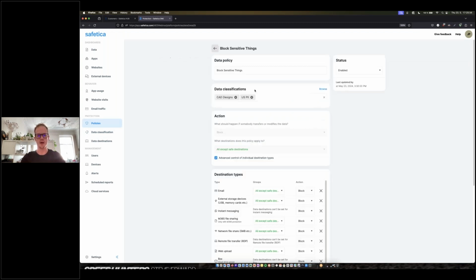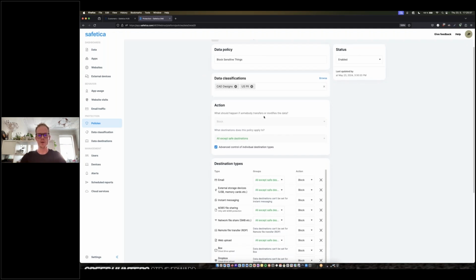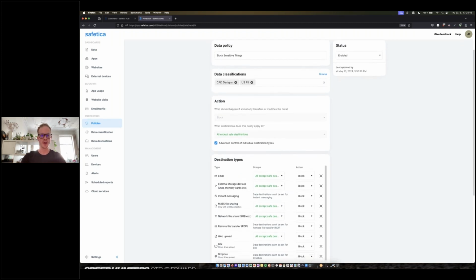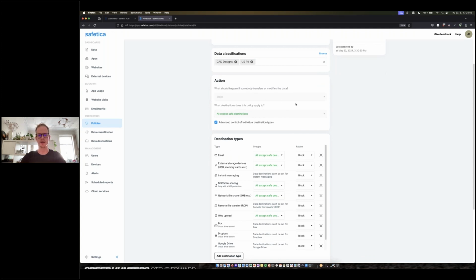Now, one thing I also want to go over here is to show you how we can deal with our policies and the customization that can be done for these sorts of things. So we see we've got the data classification set here. You can put as many as you want or as few as you want. The action can be selected as well, but because I have this advanced control set, you could set these individually, but I primarily wanted to do that for this grouping here, which I'll get to in a sec. And this was just again to show what can be done here. So normally this would be allow, log, block, and block with override.